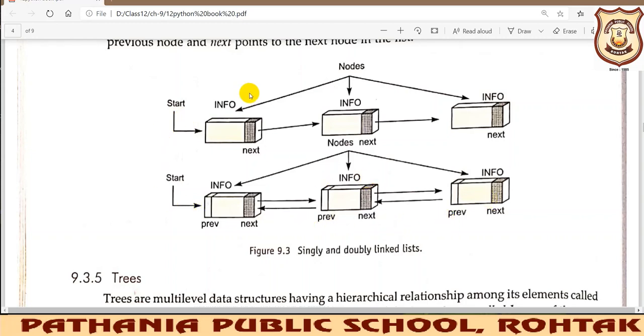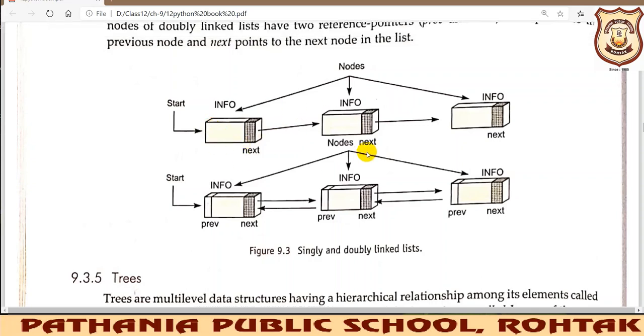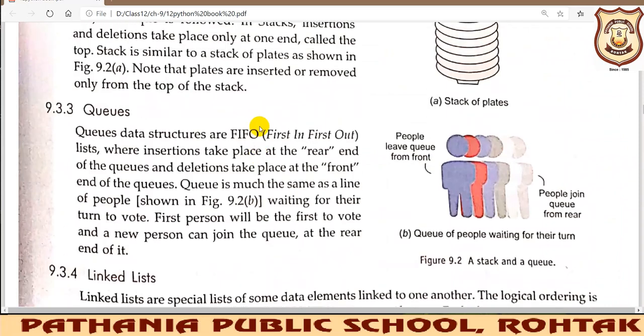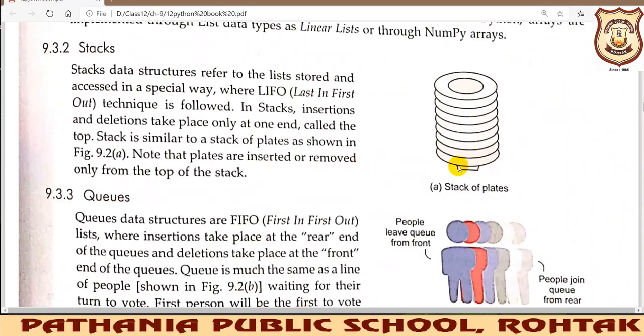So what else do we have? Other than stacks and queues, pointers also give random access. See, in stacks and queues we cannot have random access, but in linked list we can. We can move to any of the nodes, or we can say any of the patients, like in the example we have taken. But in stacks and queues we are supposed to move in a specific order only.